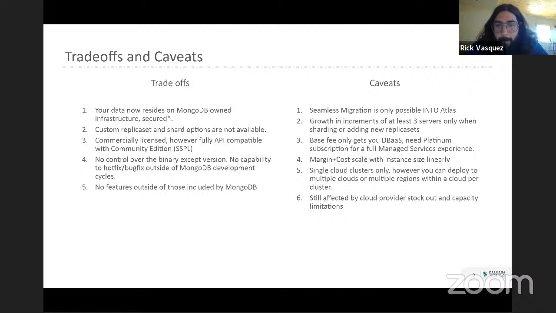So what are the caveats to moving into Atlas? Well, seamless is only on the way into Atlas. If you're trying to leave Atlas, it is not very easy and not very seamless. You can't just add a node to the replica set and then step down